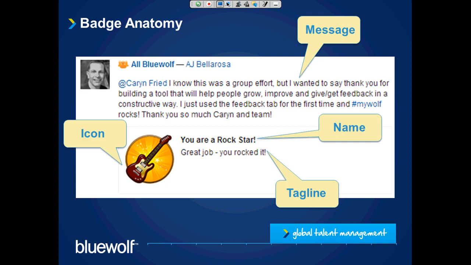Option two is hard-coding the message, and this means that the same message would get applied every time you award the badge. A great example of this are all the certification badges the Global Talent Management Team awards. Since they award these badges frequently, they're very quantitative in nature, and the whole certification process is very universally understood. This option made the most sense from a time and efficiency standpoint.